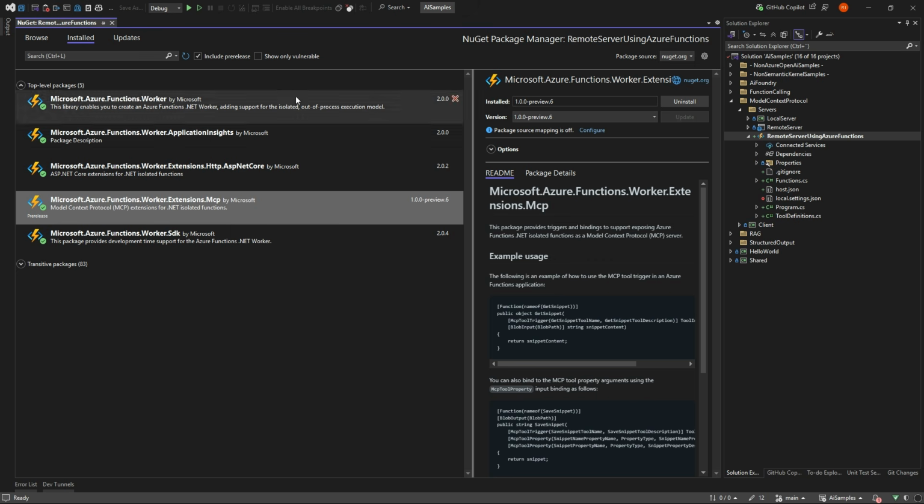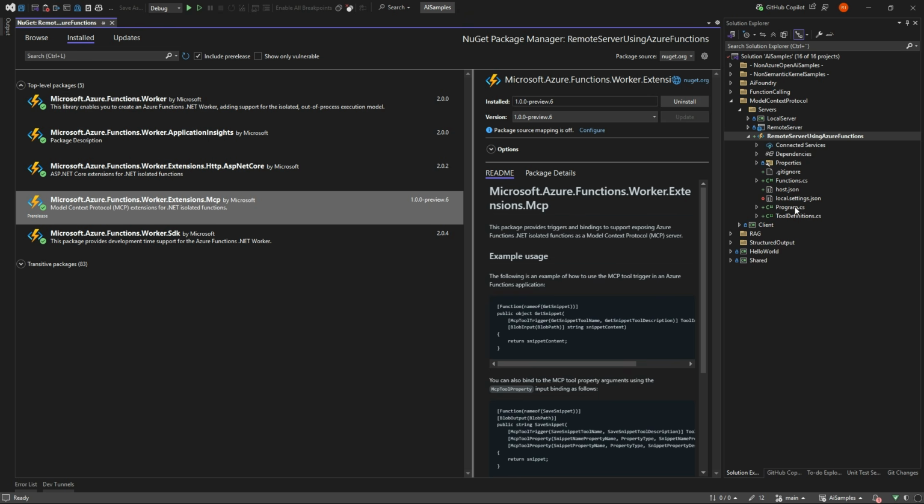You can see it's in preview, so you need to use the pre-release in order to get it. For now, it's a little funky to set up. I hope they can streamline it a bit over time, but it is possible to work with.